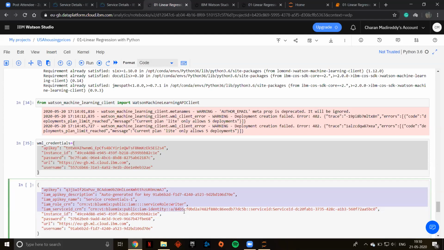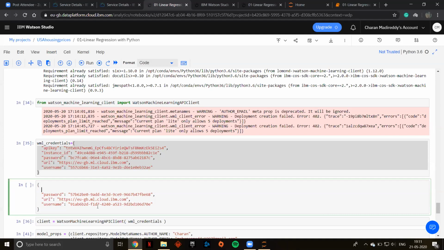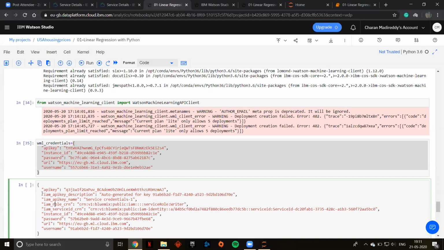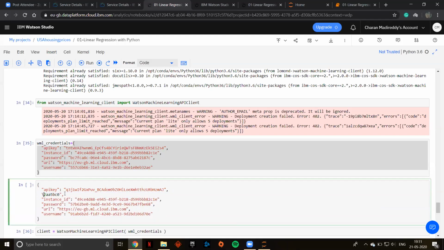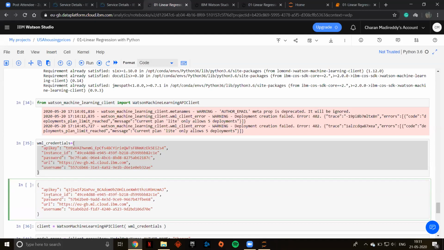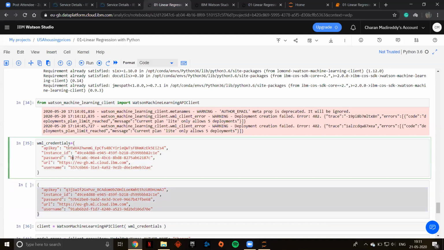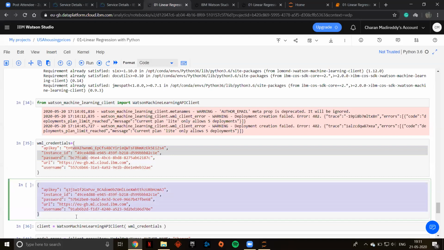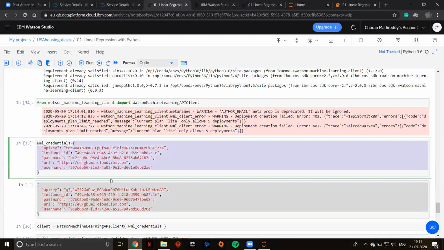Yes, the instance ID is not needed. You have to delete everything that starts with IAM. Got it? So after that, you'll have this, which is the same as this. You only have to delete the things that start with IAM. After deleting that, you can just copy this whole thing and paste it here. Let me show you. Just copy this and paste it here. Right? Everybody understood till here?